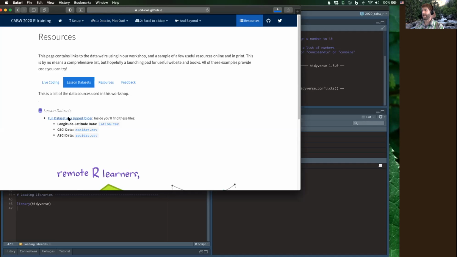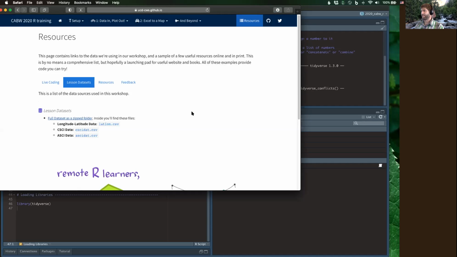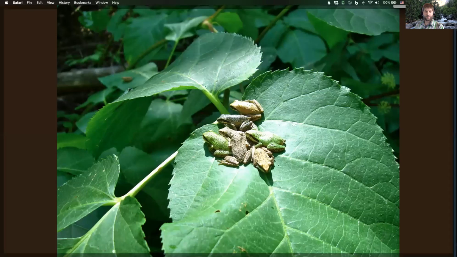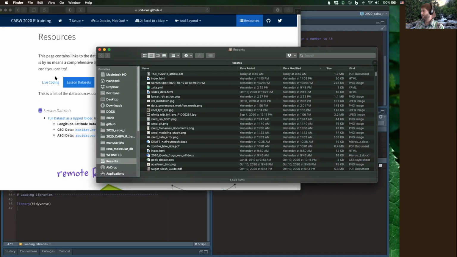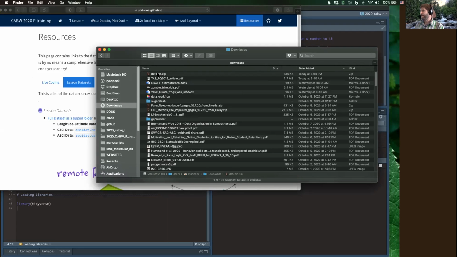So if you click on that, yes, that's going to download to downloads. And then what I'm going to do is find on my computer where that went in downloads. I'm going to take that data zip here, okay? And I'm going to put it, actually now I need to open,